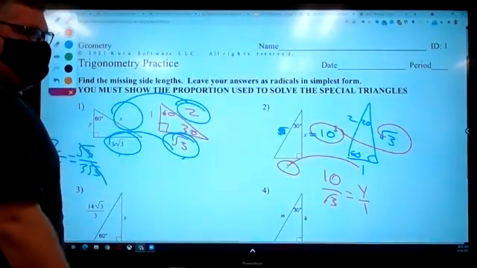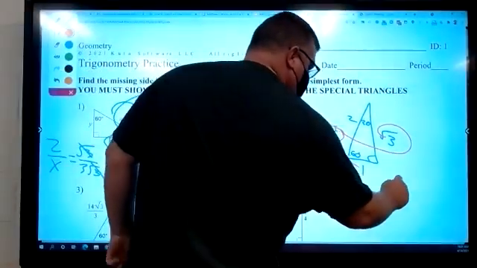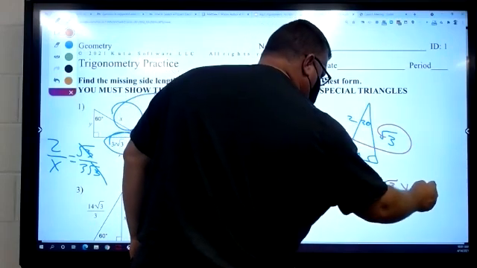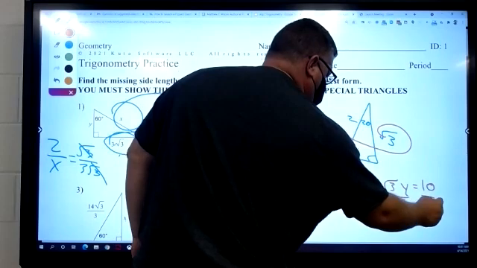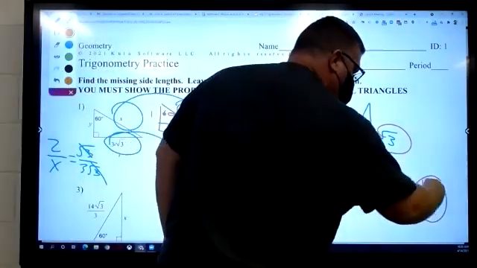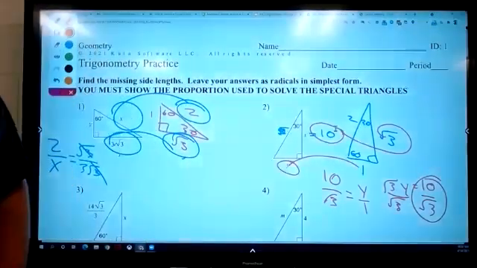Good. So then what do you do? You cross multiply and get 10. Actually, you get root 3 y equals 10, and then you divide by root 3, and you're kind of back right where you started, aren't you? But what's wrong with that? How come I can't put that in Delta Math? Because